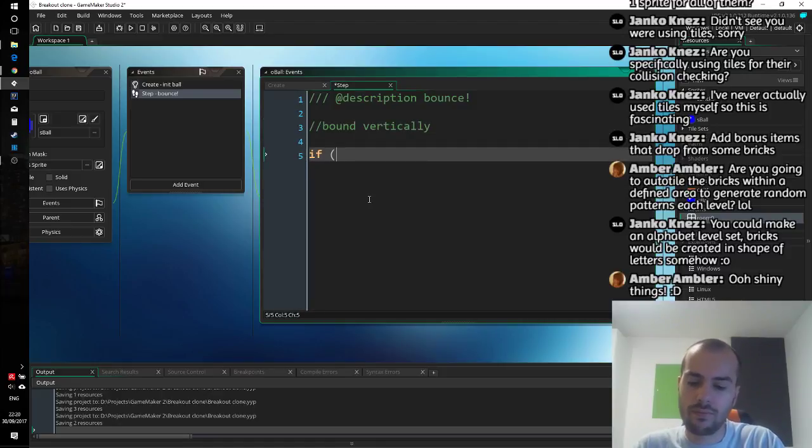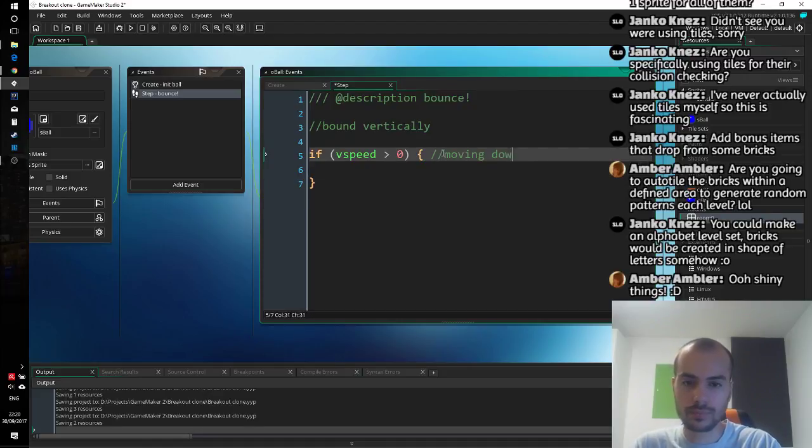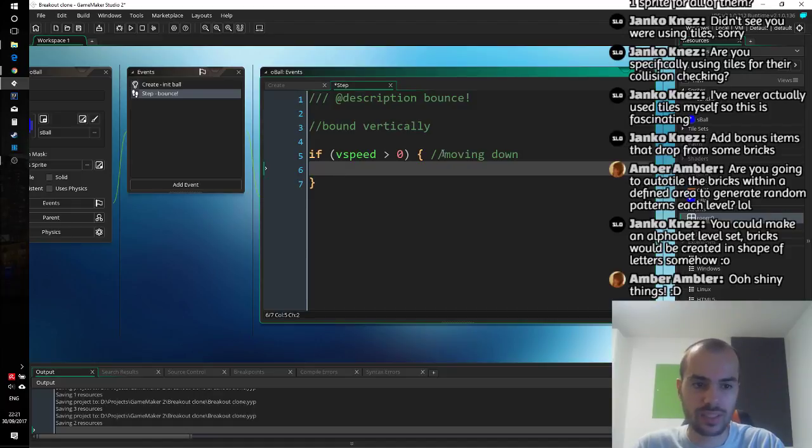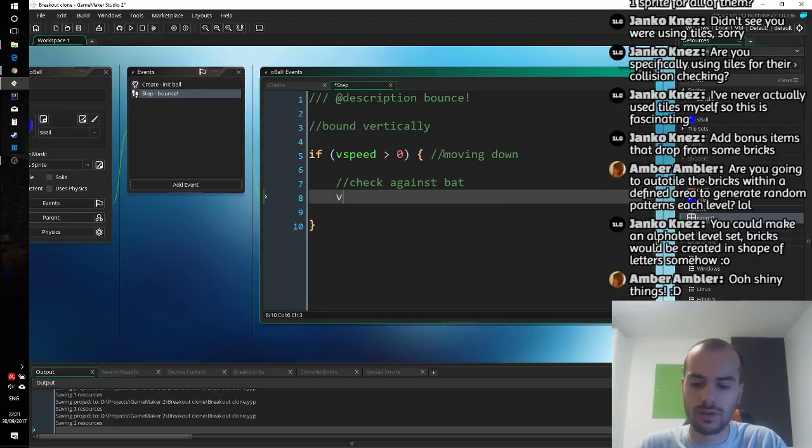So here we'll say if vspeed is greater than 0, this means we're moving down. Then we want to first of all check if there is a bat beneath us. So we can say if. Now here's the thing, should I do good collision or just quick collision? Okay, I'm going to sample multiple collision points because it'll be better that way, I think. So var t equals, so first of all check against an object, check against bat, and I can say var